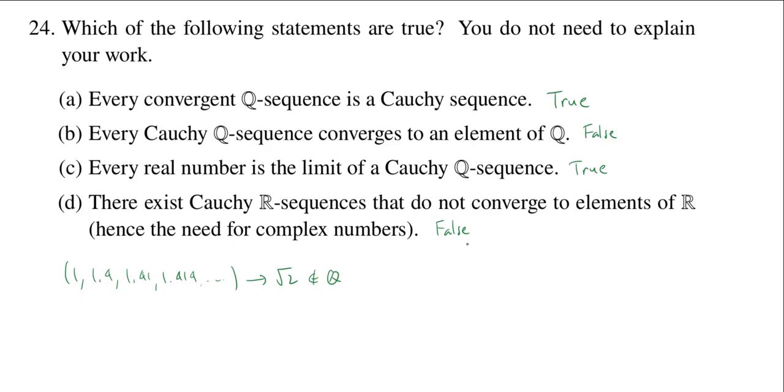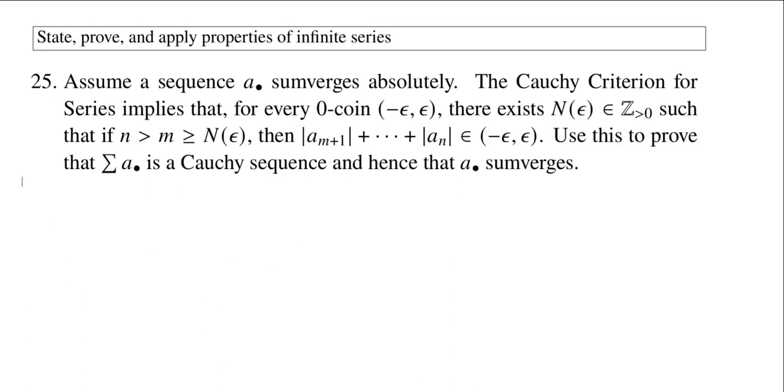All right, so there we go. Let's move on to a new standard and problem 25. Okay, so in problem 25, we're moving into the infinite series problems, and we're going to assume we have a sequence, a dot, that converges absolutely. So remember, this means that if I look at the sum sequence obtained by taking the absolute value of a, that this sequence converges. Okay, the Cauchy criterion for series implies that for every epsilon